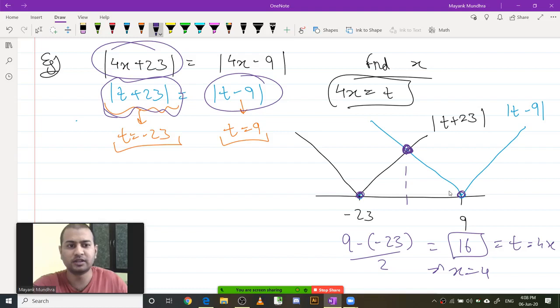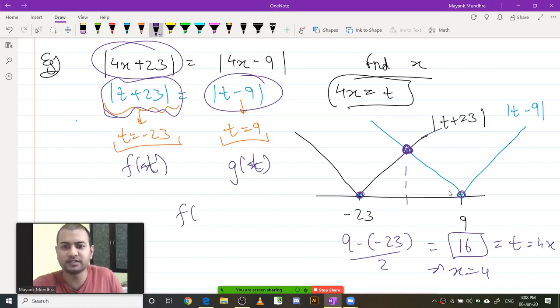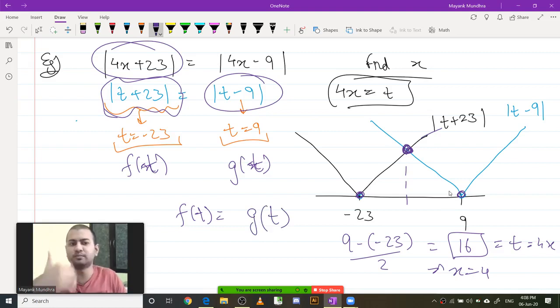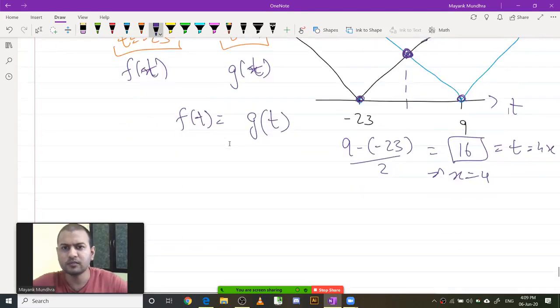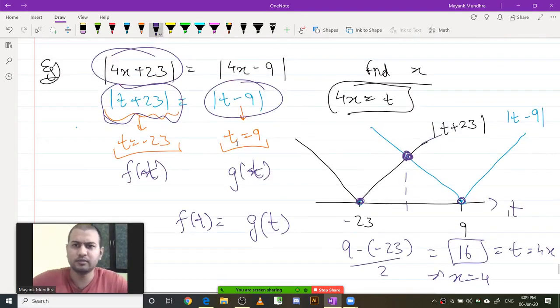If you draw the graphs of both these things, let's say this is f of x and this is g of x, or f of t and g of t. What I am looking for is f of t equals g of t. Solving f of t equals g of t means you are finding the intersection point of both these curves, at that t where both take equal values. So that's why I am looking for the intersection. Why am I not getting it?